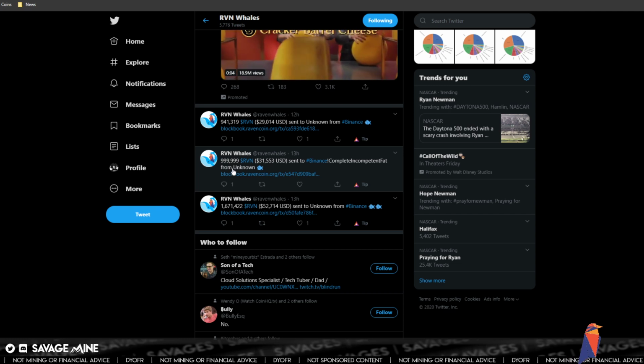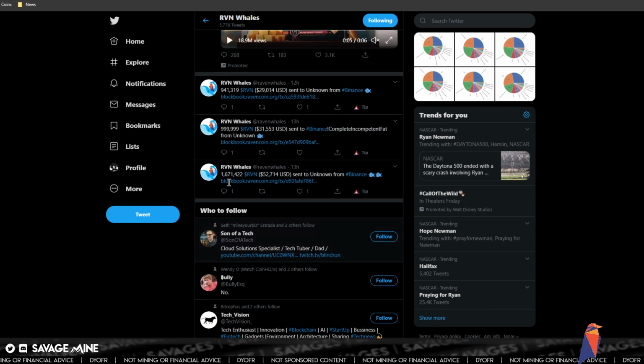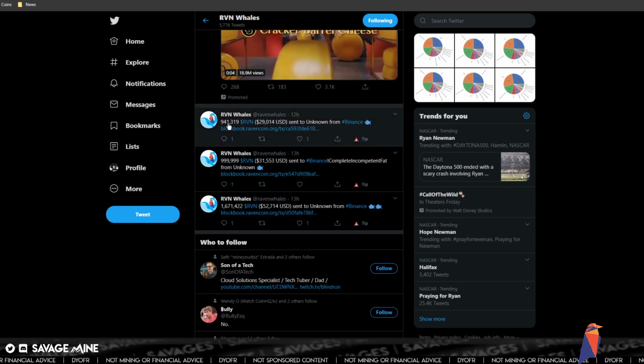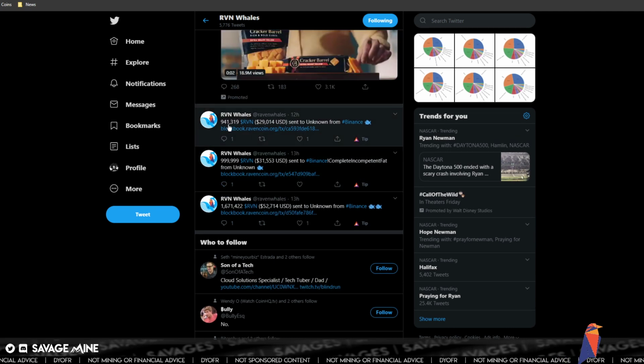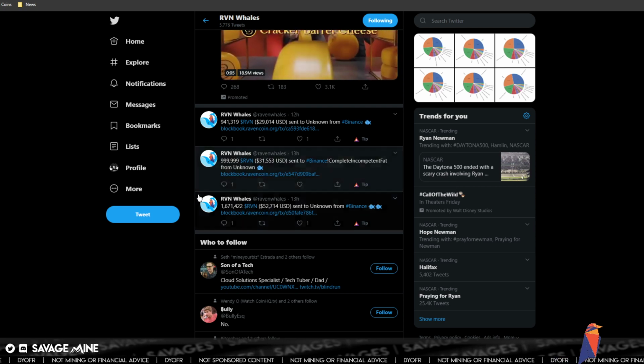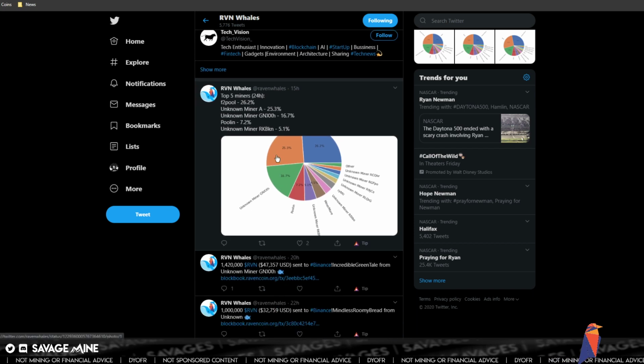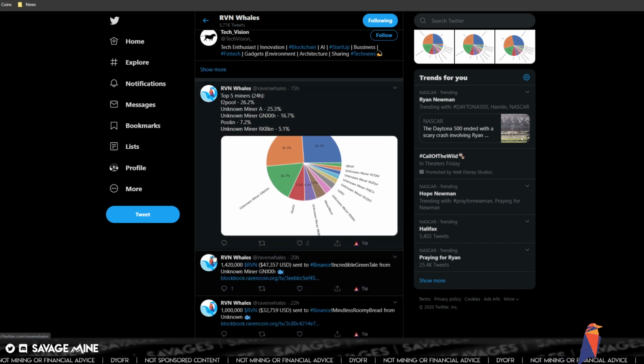I think maybe 100,000, but I don't want to speculate. Normally the amounts you'll see are somewhere around 1 million, because that's coming from whales of some type, whether it's a pool that's mining or whatever.